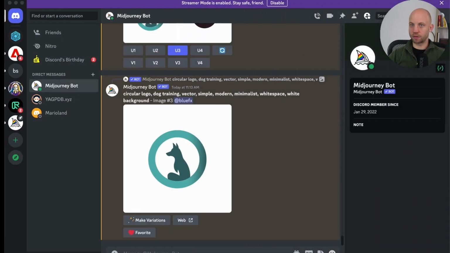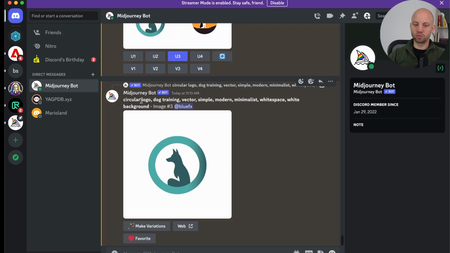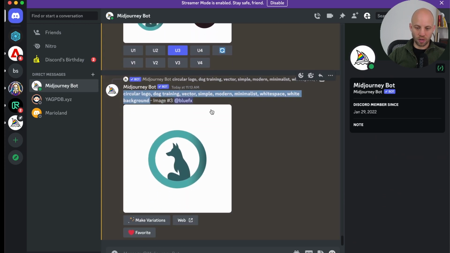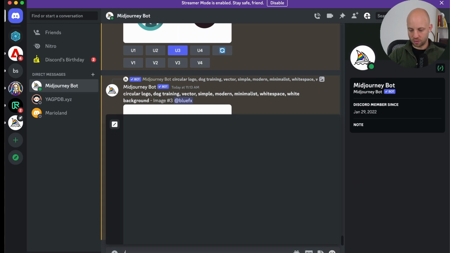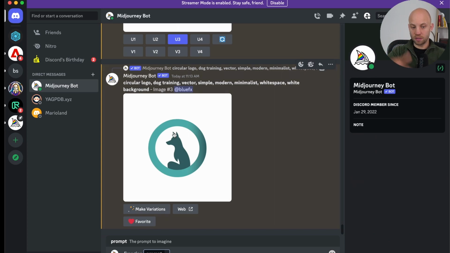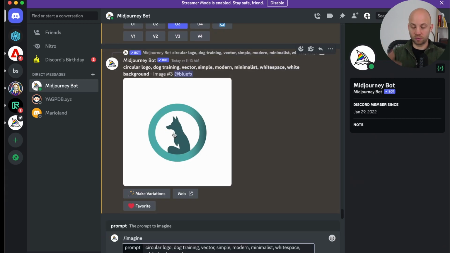But I'm going to show you something that's even more simple. I'm going to give you the direct prompt that I'm using on these logos, okay? So I like to use circular logos, I mean, for this example at least. And then what I do is I just click / and I click on Imagine. And now in Midjourney, now you can type in the prompt, the magic phrase that you want. So let's start with this circular logo, and we can